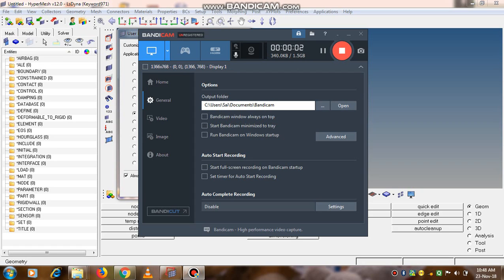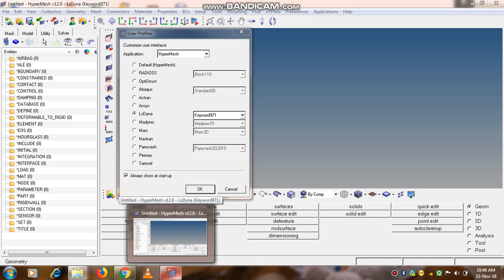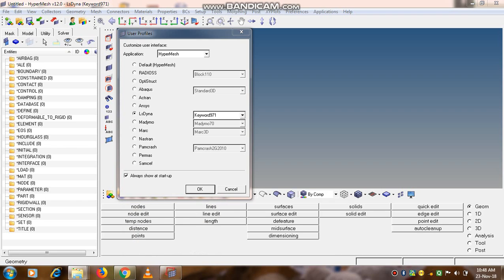In this video, I will briefly introduce what is Hypermesh and what are the different toolbars available in Hypermesh. So Hypermesh is a preprocessor in finite element analysis. Hypermesh is used so as to create the elements and nodes